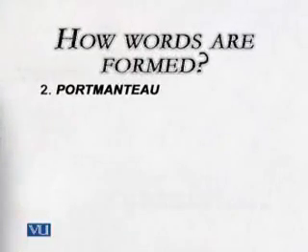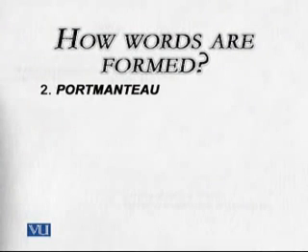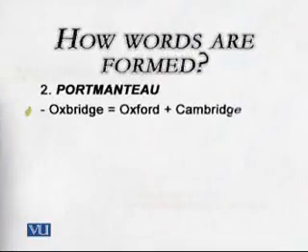Let's now move towards our portmanteau words, which I told you before. Portmanteau words, how do we construct these? We combine portions of two or more words together, and we can make a portmanteau. As I told you, if let's say two words are Oxford and Cambridge, you combine these two and make a word which we call Oxbridge. Now if you see, from Oxford we took ox, and from Cambridge we took bridge. Ox and bridge we combined, and another word we designed, which is Oxbridge.